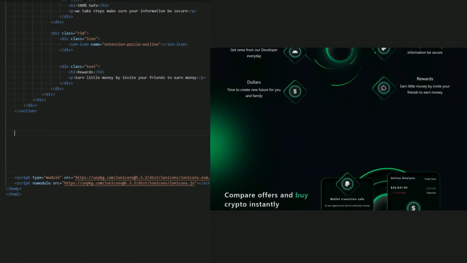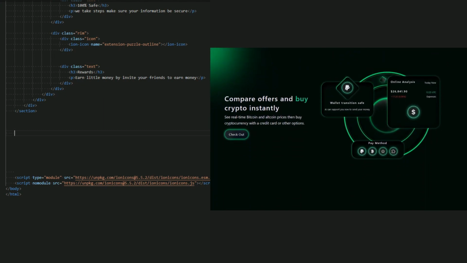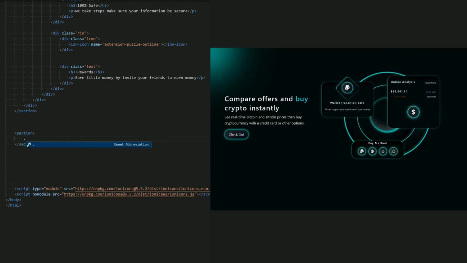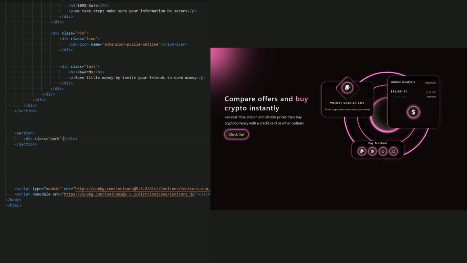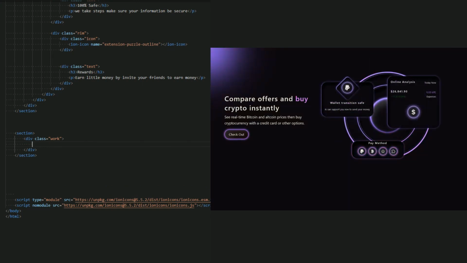Now let me create a section for this circle and this text, a simple section for this. So let me just name it a section, and let me just name it work. Simple name. This is the main box of this section. So this is a work. Now inside the work, first is a text, which is the left, as you can see.